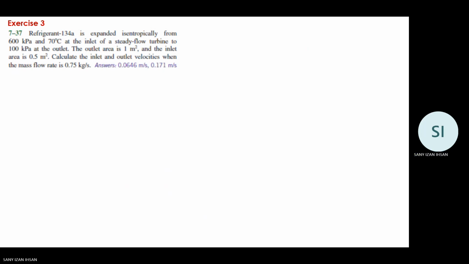737. We have refrigerant 134A. Okay, that is our working fluid now. R134A expanded isentropically. Okay, isentropically, we know that this means that the